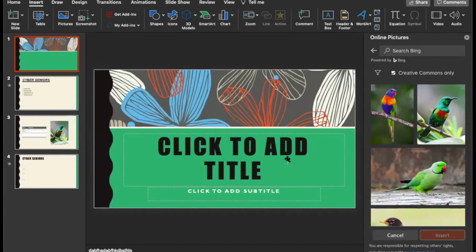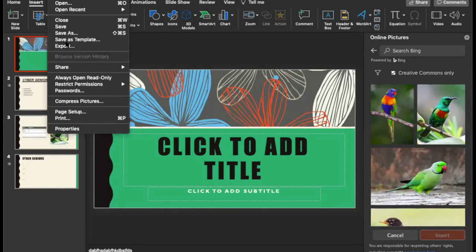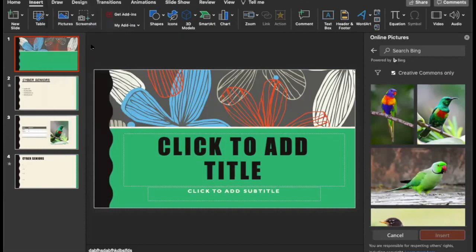The other thing is that once again you go into the ribbon and go on to file, and you can save as, so you can save somewhere, or you can export. If you click on export,